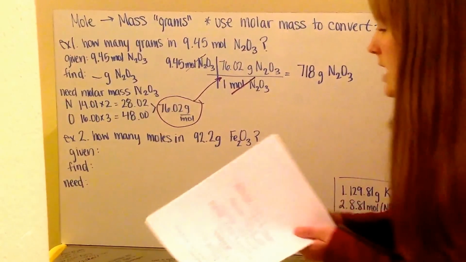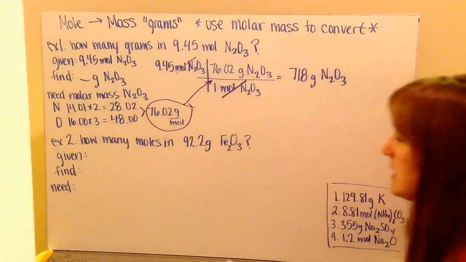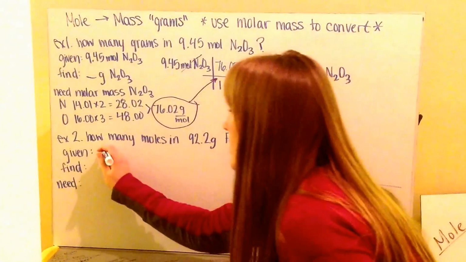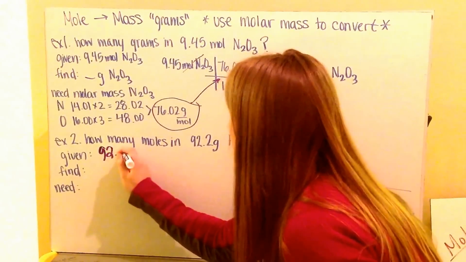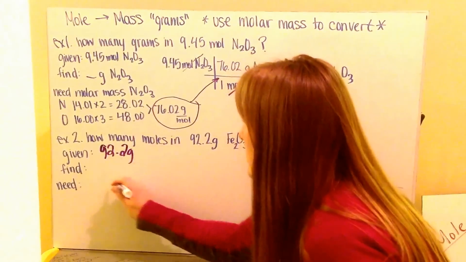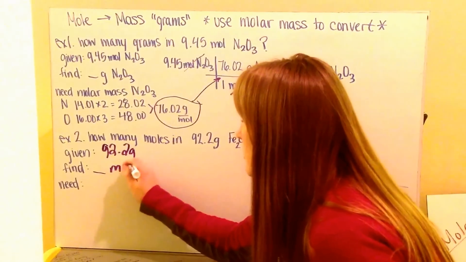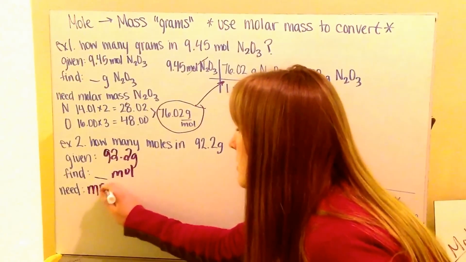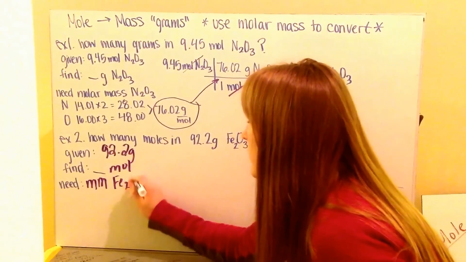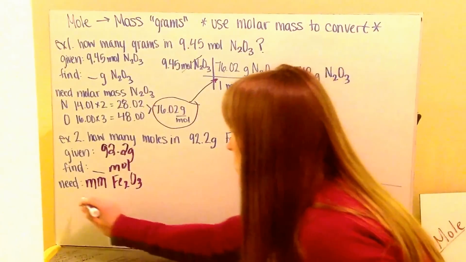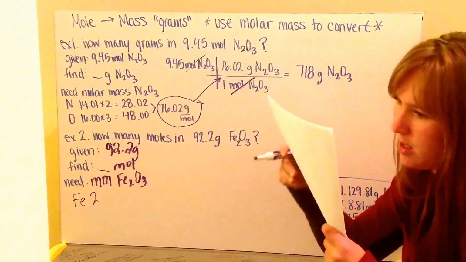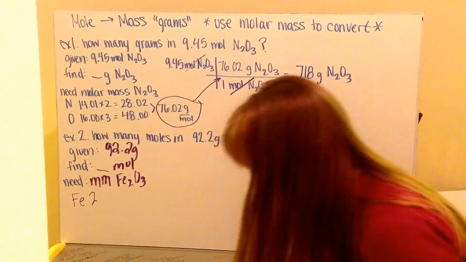Example number 2 asks, how many moles are in 92.2 grams of iron 3 oxide? I am given my mass of iron 3 oxide to be 92.2 grams. I want to find how many moles I have. In order to do that, I need my molar mass of iron 3 oxide. Well, I have iron, 2 atoms of iron. Each atom of iron